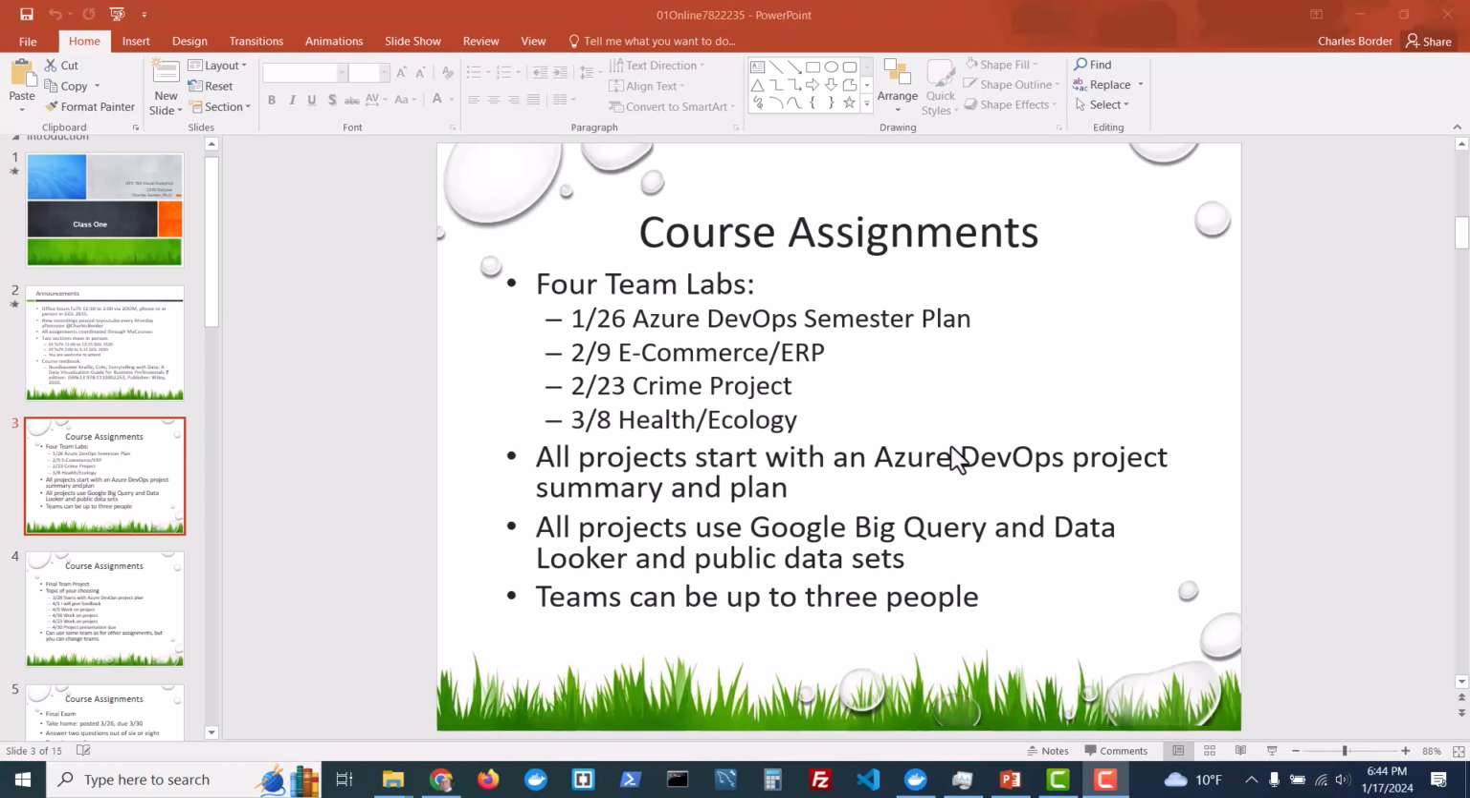Now, the next project is kind of a fun one. In BigQuery, the tool that we're going to use from Google to do part of our work, they have a whole bunch of